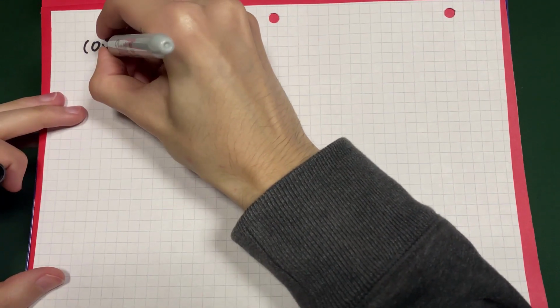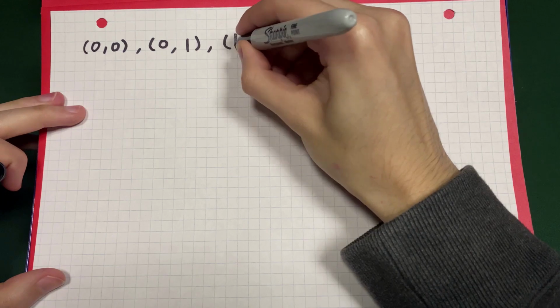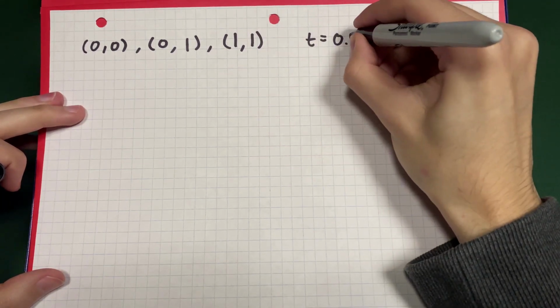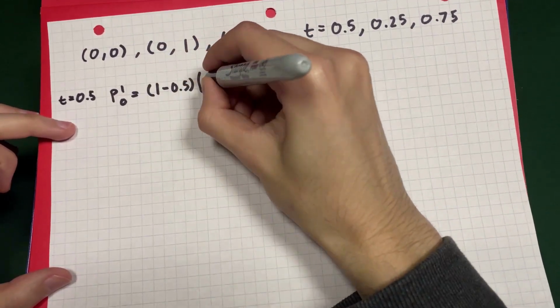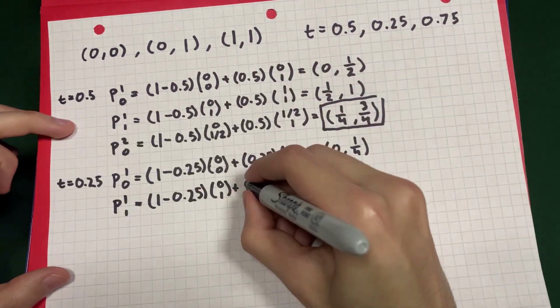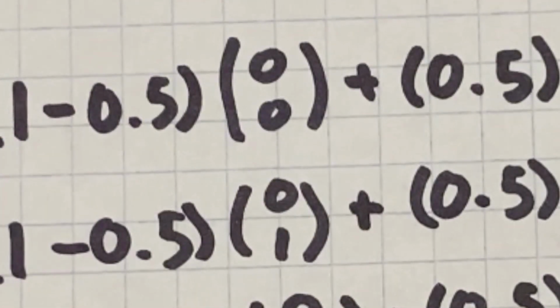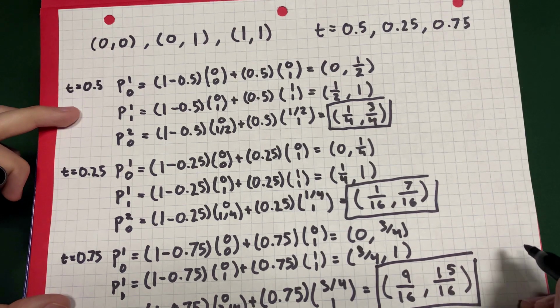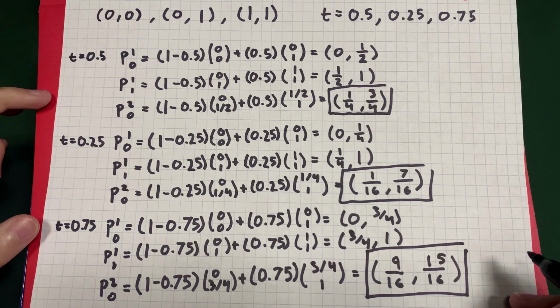Alright, let's do an example of this. Let's go with the 3 points we used in the Bernstein method, just to show you we'll get the exact same result. 0, 0, 0, 1, and 1, 1. I'll do t equals 0.5, 0.25, and 0.75 as well. This part does get a bit monotonous since it's just using that generalized formula over and over again, with different values plugged in. Just use a calculator, or better yet, program the algorithm. Also, no, those aren't binomial coefficients, they're our points, but I wrote them out in vector notation to conserve space on the page. Okay, when you're done with the calculations, you'll get 1 over 4, 3 over 4, 1 over 16, 7 over 16, and 9 over 16, 15 over 16.